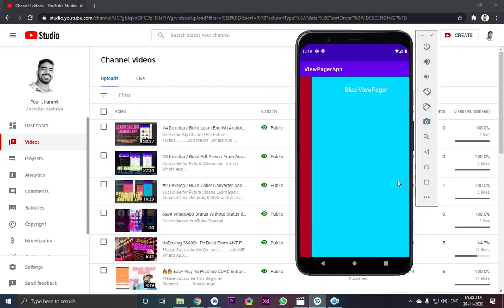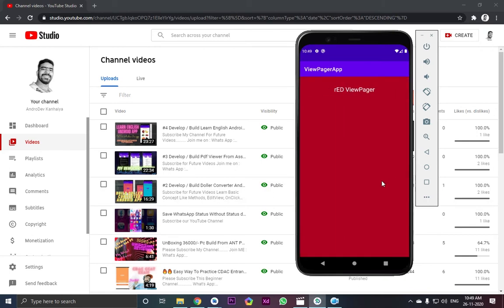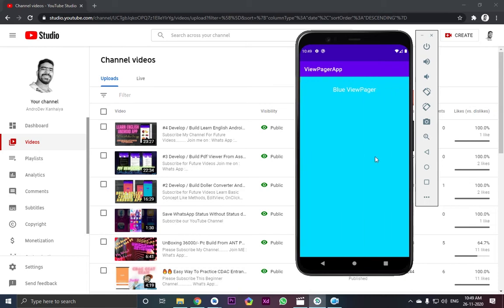So you can develop an app like speaking English or speaking any other language like Japanese, or maybe you can teach a kid English language by showing things like fruits, anything.